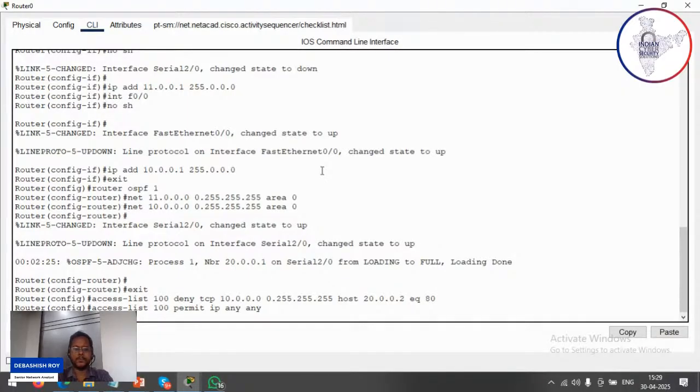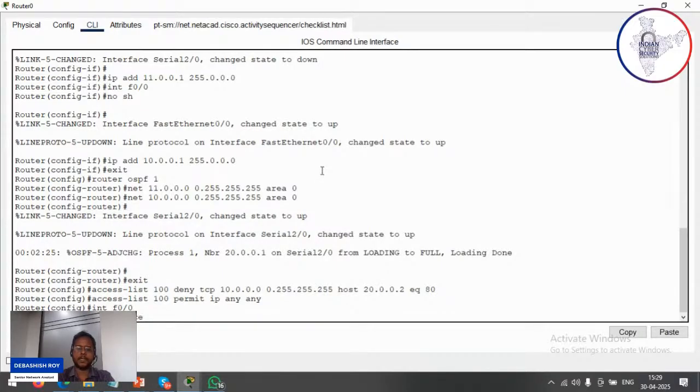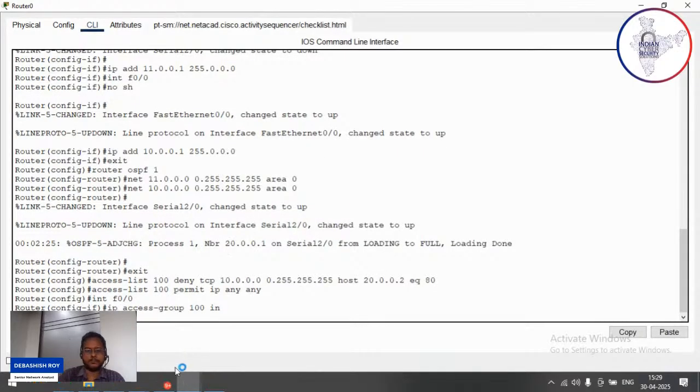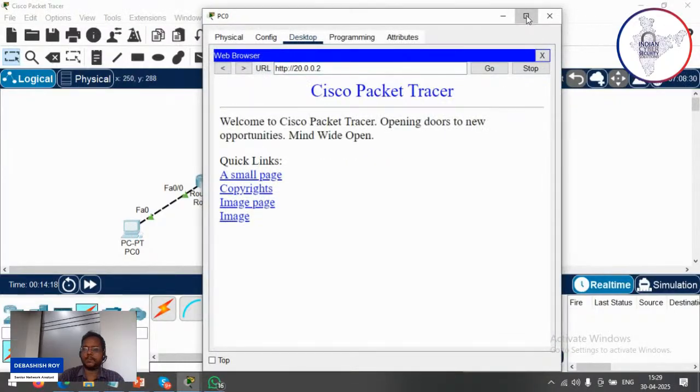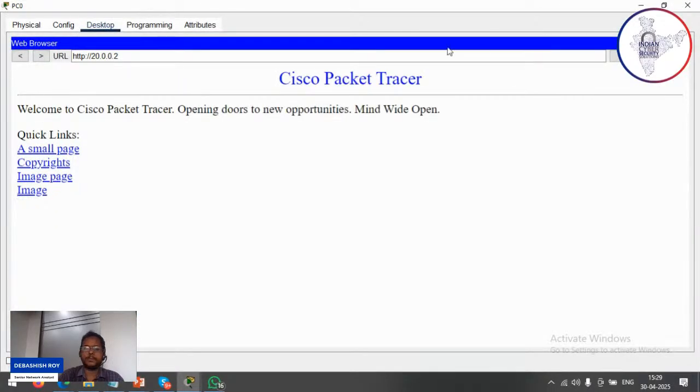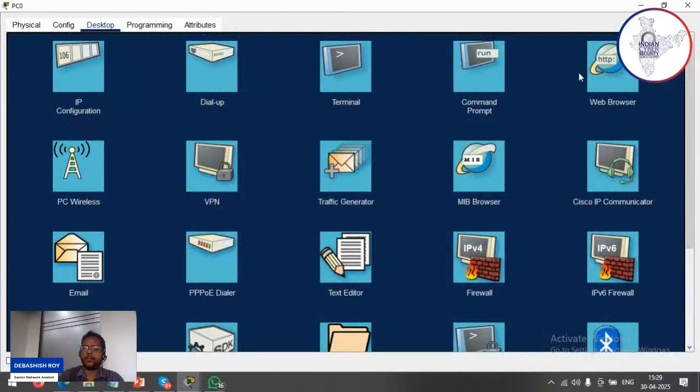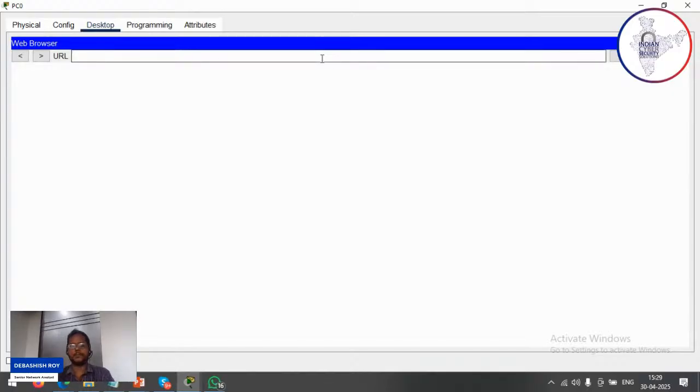Now you have to configure it on the interface, that is ip access-group 100 inbound. Now you have to check whether you can access the web page here. So you have to again cancel it, and again open the web browser, and again you have to access the website, and definitely it should not come this time because you have implemented the security measure here. So just access it,